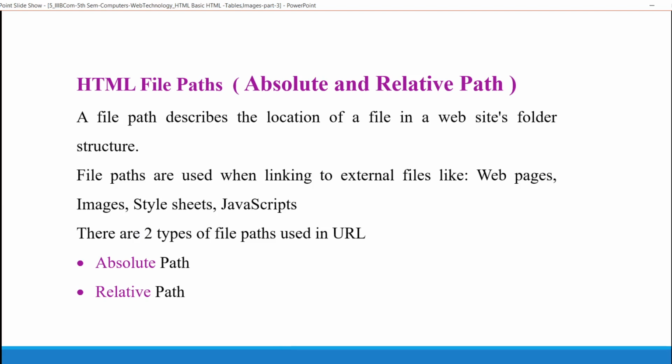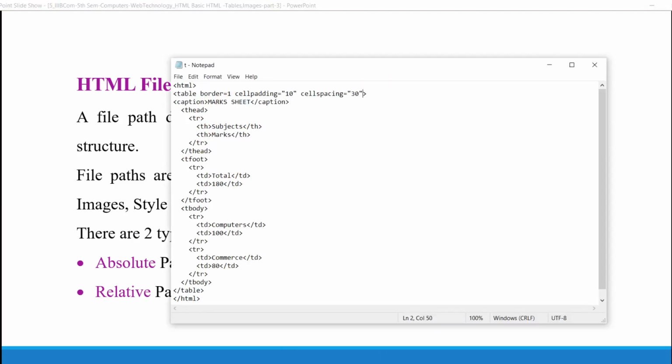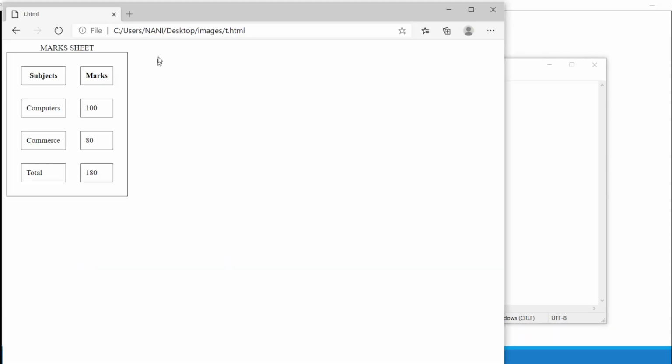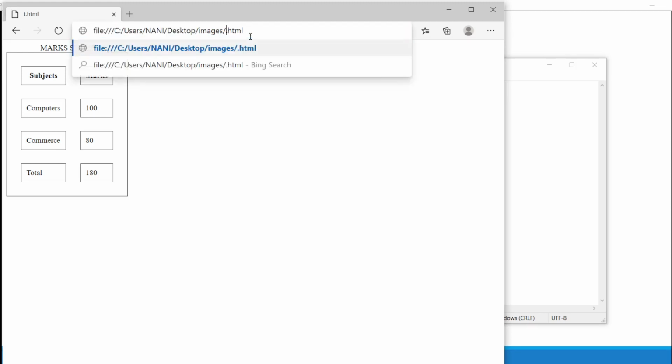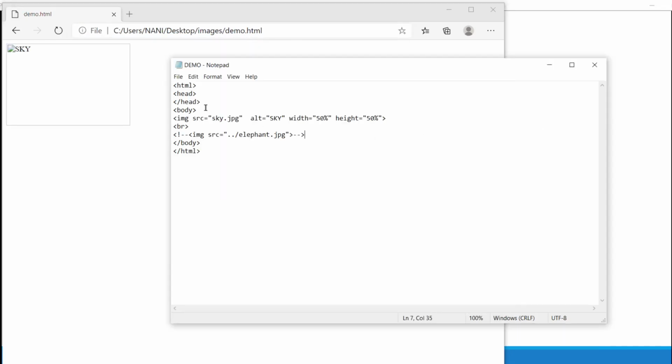Let's see the examples. If you observe here, I wrote image.